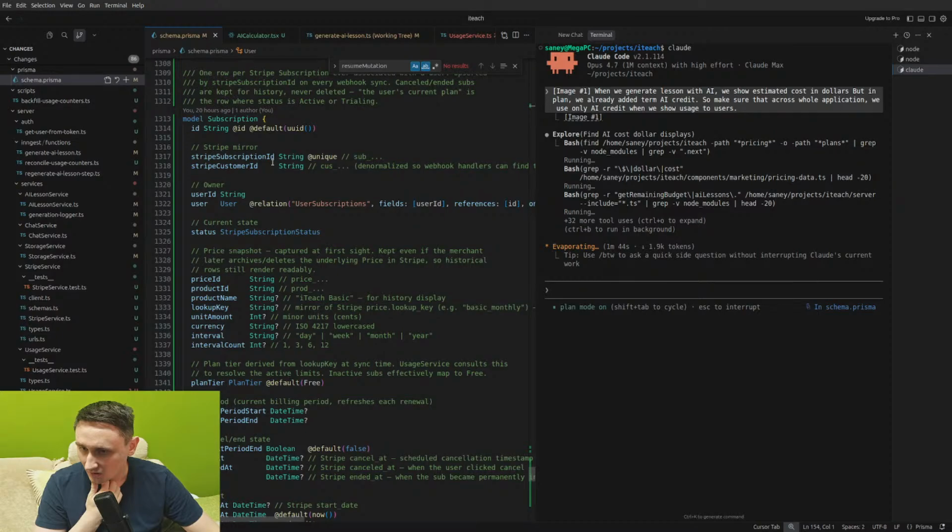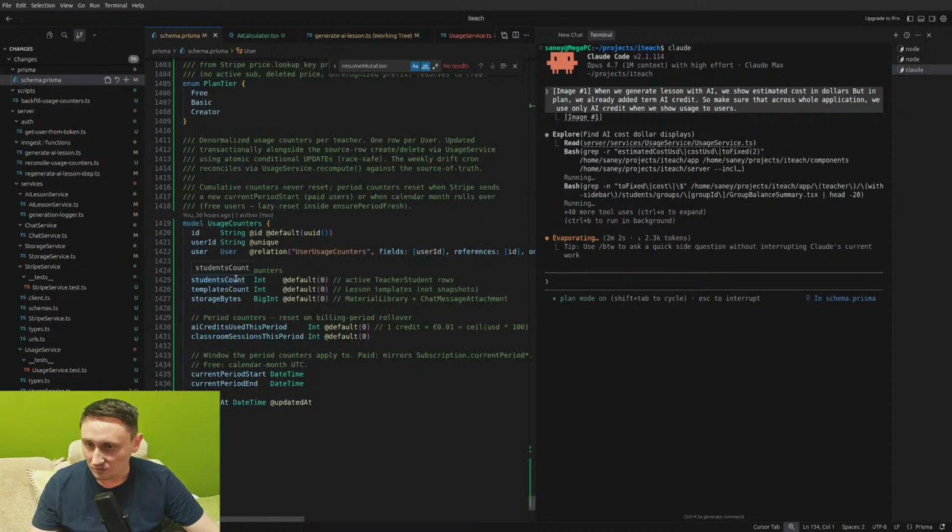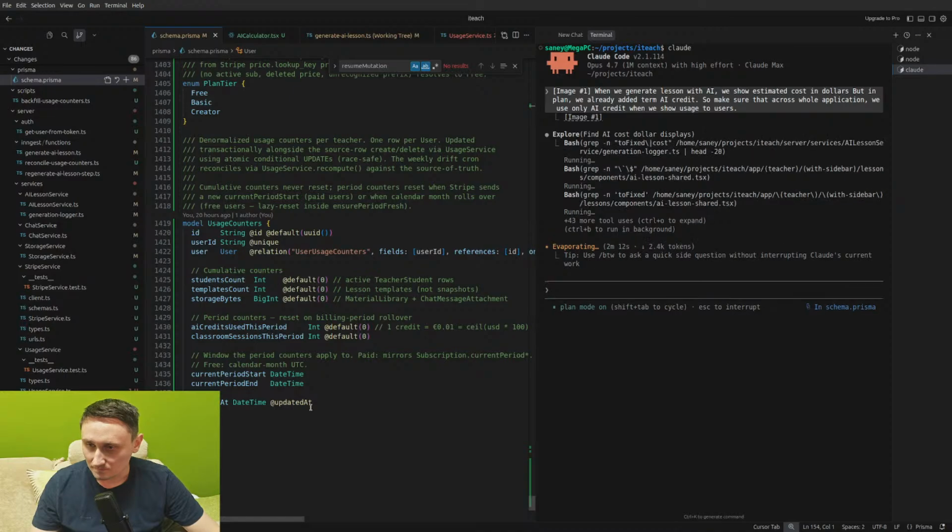One more new model is subscription payment. Then UsageCounters. That's basically the simplest table where we have those fields as a simple integer and date. So for each period,